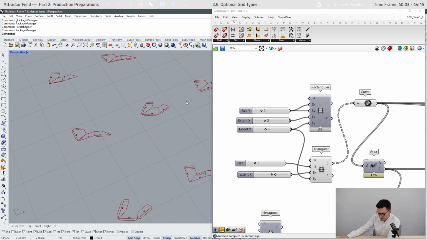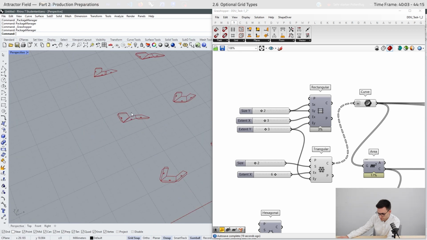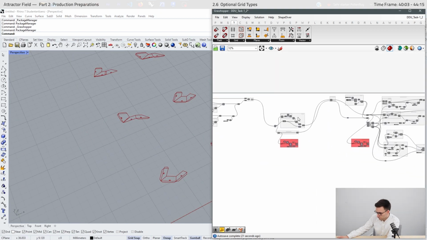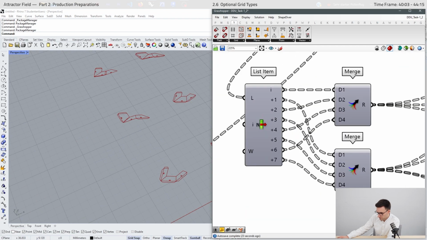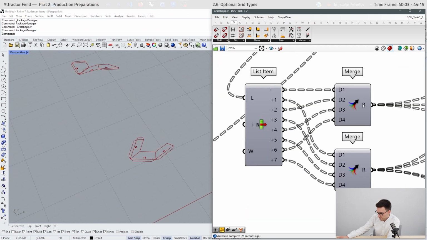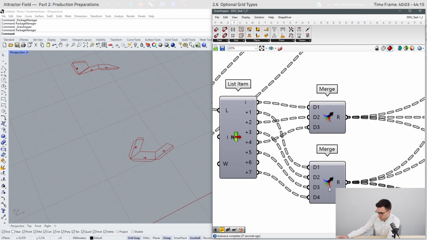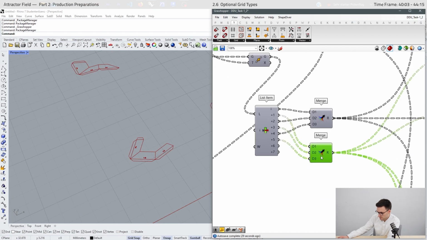Then we can see that the geometry is broken, and therefore we have to take a look right here. We have only 3 faces, so we use 3 points.